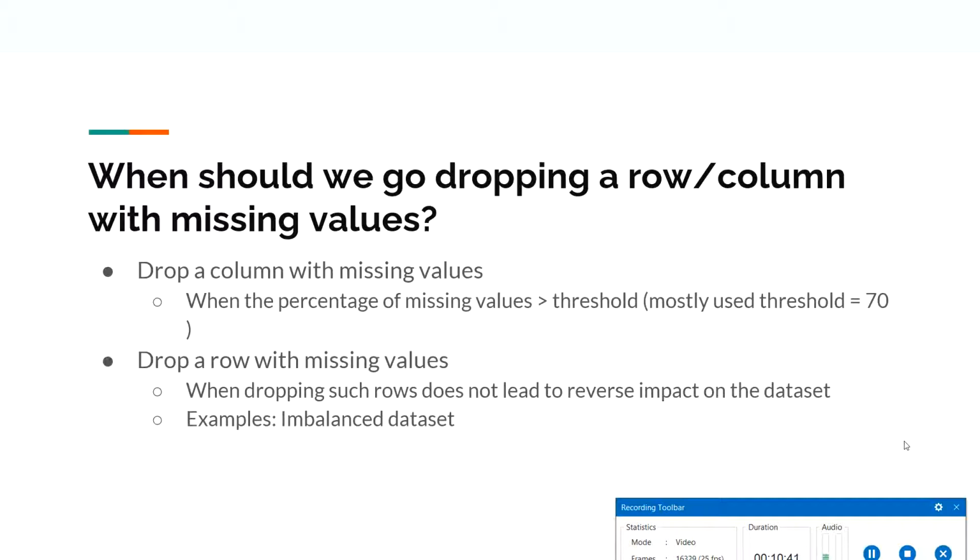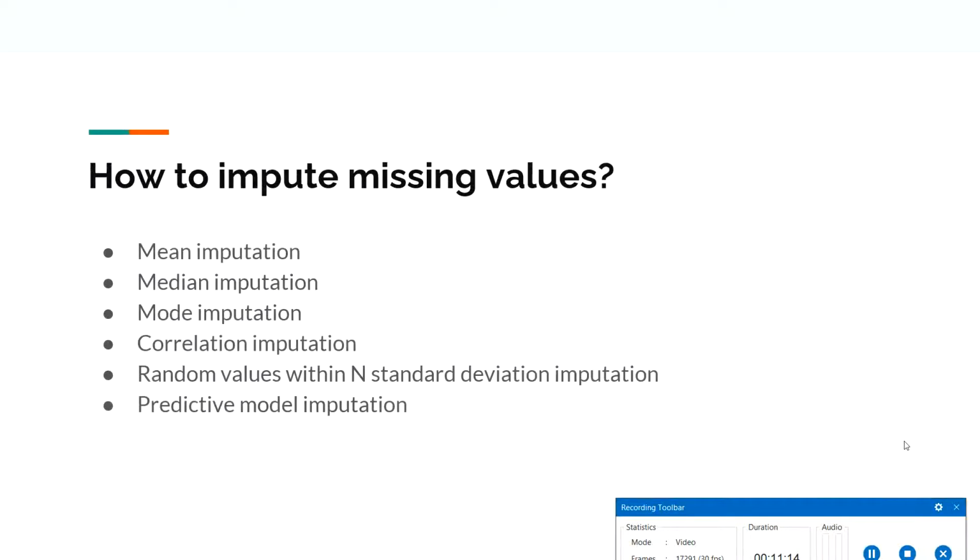Now let's go ahead and see, if at all dropping is not a solution, and we have to do imputations. What does imputation mean? It basically means you have to fill the missing values with the most appropriate value. So what will be the appropriate value, what are the possible appropriate values that we can think of, and then how to understand in what scenario which appropriate value would make sense. Alright, so that we will see through types of imputations.